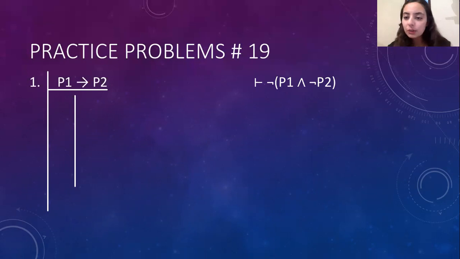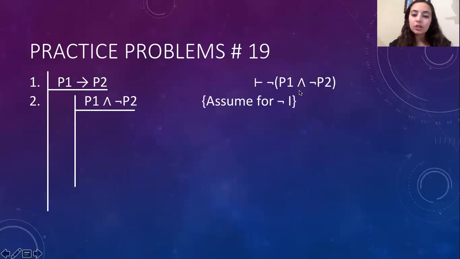So let's see if we can do that using this problem. So I'm going to add my subproof, and I'm going to assume what's only inside the parentheses to try to later on get that negation and then be done with my proof. So I've got my P1 and not P2, and I did it for negation introduction. Okay, so now that I've got everything,